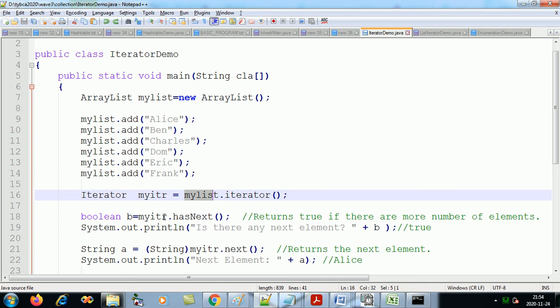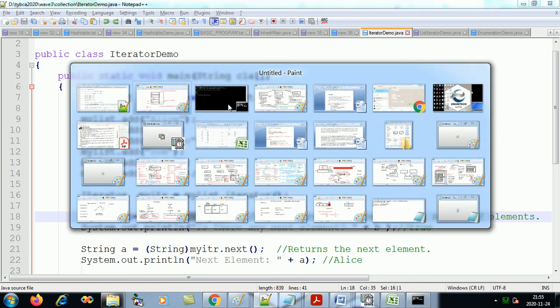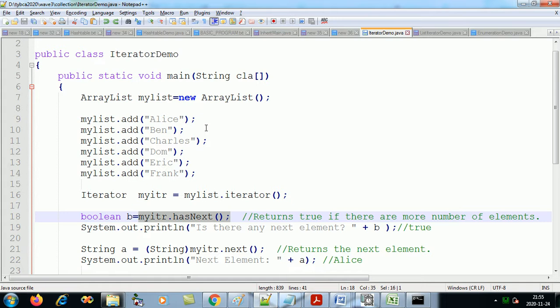Now first of all, does it have a next element? hasNext. By default it will point at the basement. So are there more elements? By default we are pointing to Alice. Including Alice, are there elements? Yes. So this will return true if an element is found.